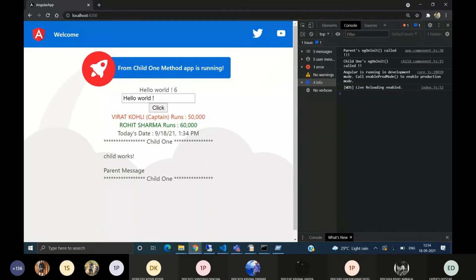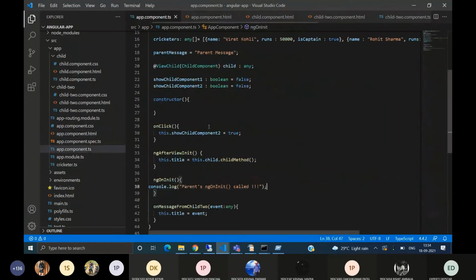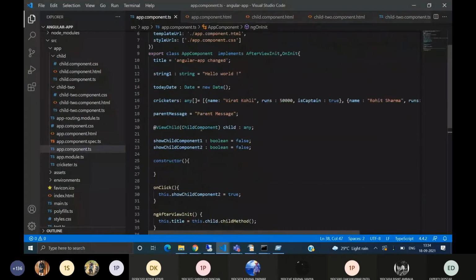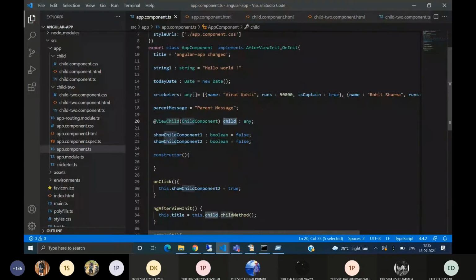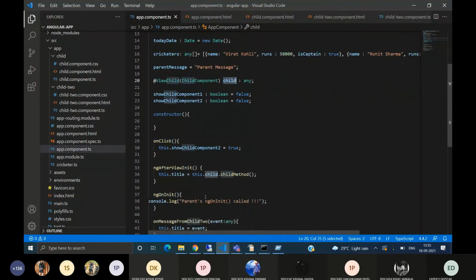So if the parent is fetching data or using the child component, as we have seen with ViewChild, where we define a child component and through it can access all the child's properties, then we will not be able to use this child in the parent's ngOnInit, because the parent is called first and then the child is invoked.